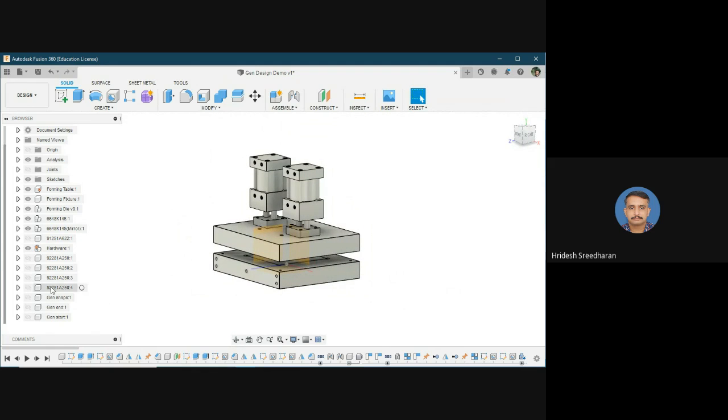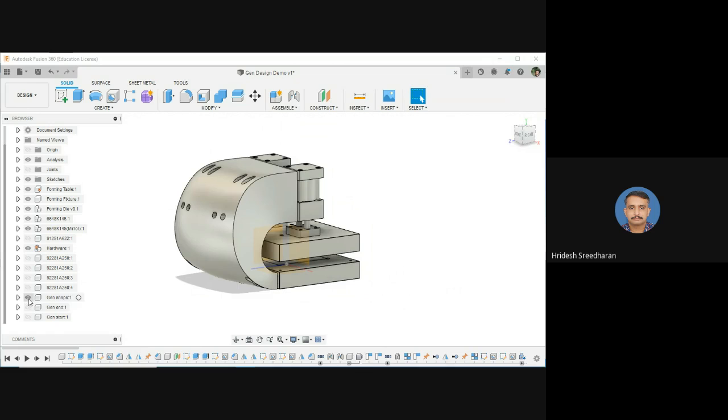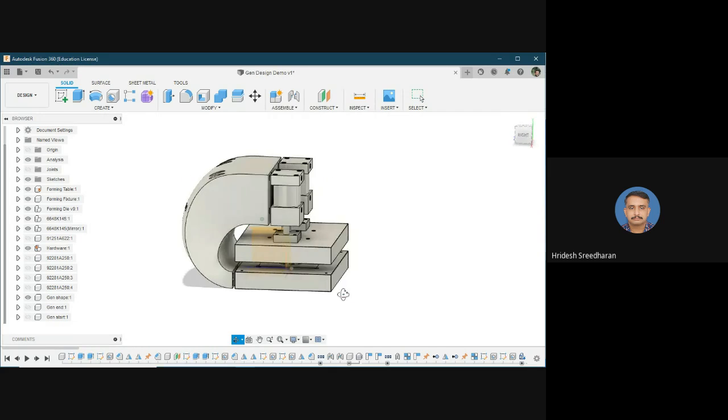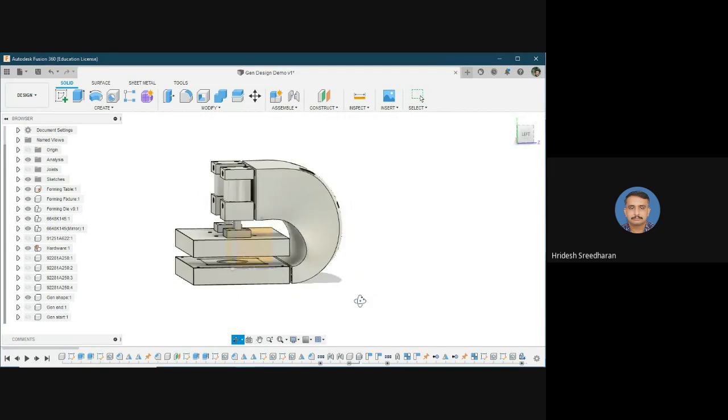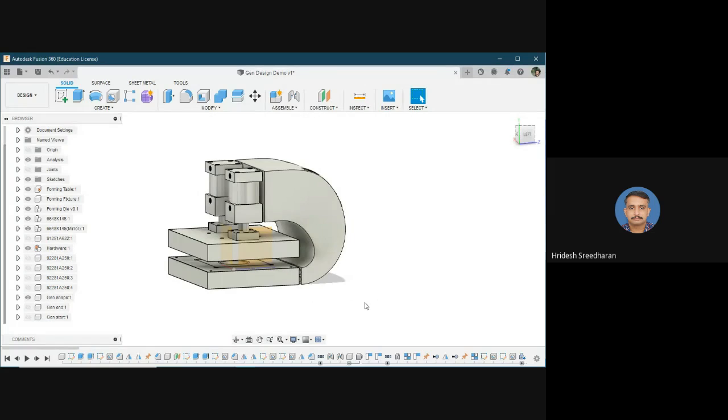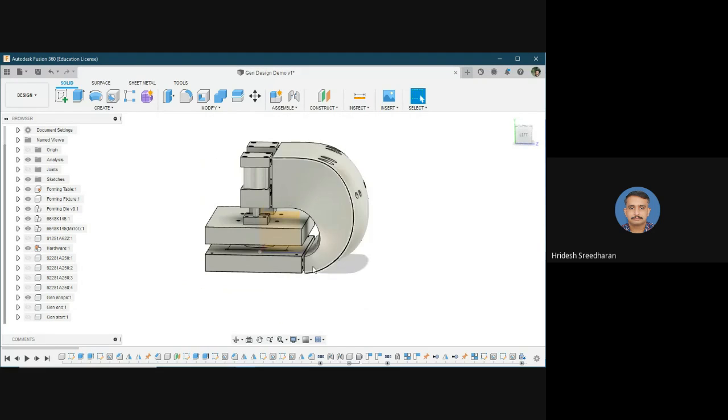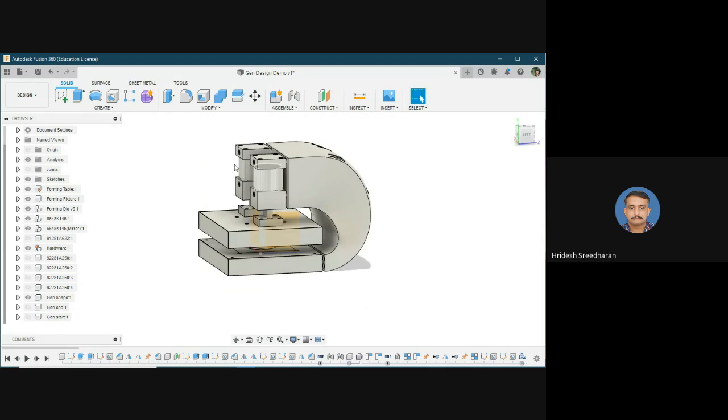First thing we have to do is we need to create a generating shape. See, we need to give some inputs, then only the software can give some suggestions to us. In order to do that, we have some generative shape. Okay, so we are suggesting it should somewhat look like this, right? It should be fixed at the bottom part, and it should have provisions to hold these cylinders in position.